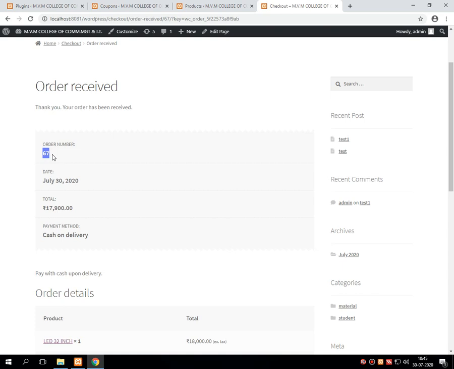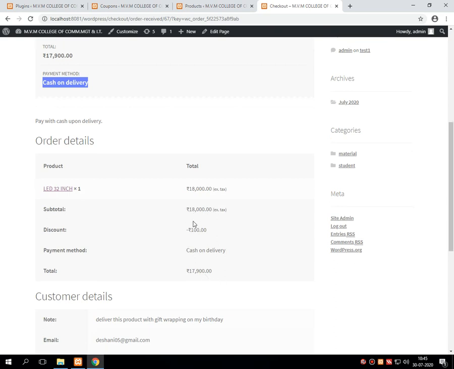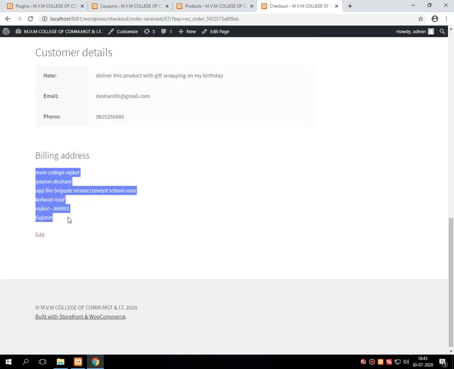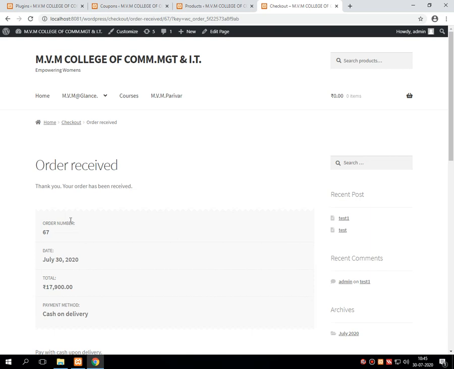The order number, then the date, the total amount to be payable on cash on delivery, details of the product which is going to be delivered at your home, at your doorstep, then the special note that I have given, the mail ID of the buyer, phone number of the buyer, and the billing address of the buyer. So this order has been placed successfully in my store.